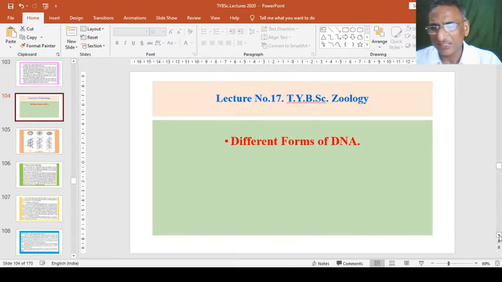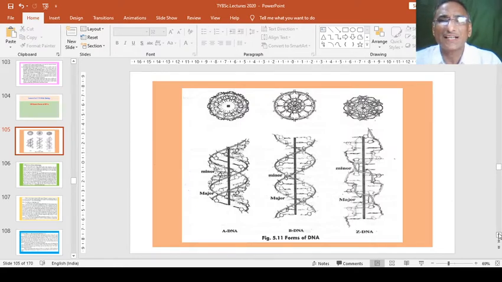You can have an idea of these structures from the figure. You see these three diagrams, forms of DNA. Actually, there are different forms A, B, C, D, Z, but these are the three basic ones. A DNA is somewhat compressed, as you can see in the frontal diagram or the photograph from the upper side. In the second, this is the standard form, B DNA, the structure given by Watson and Crick.